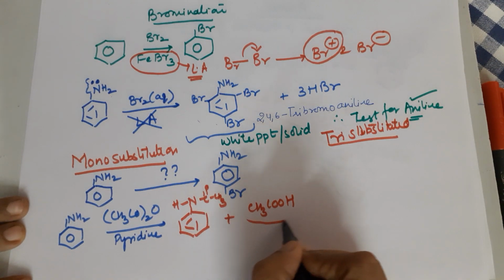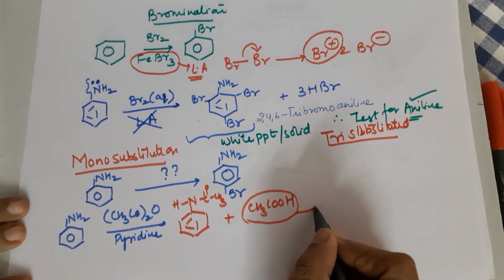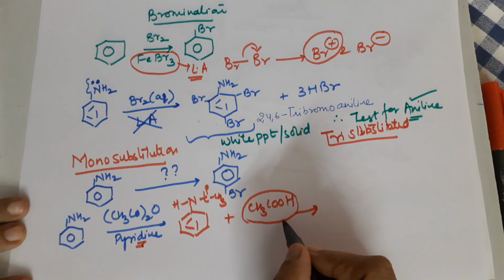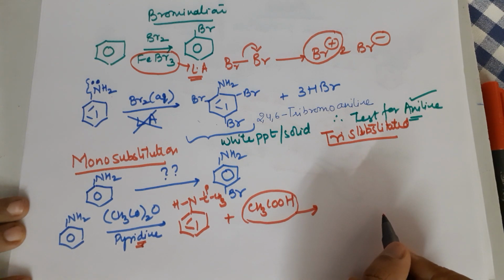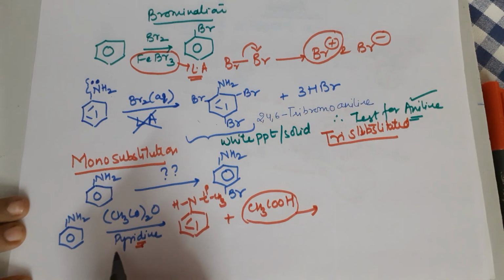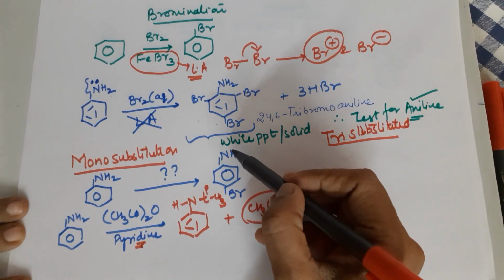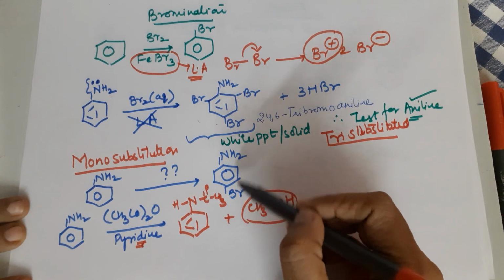Now in this reaction, the liberation of acetic acid will be faster in the presence of pyridine. Pyridine helps to react with acetic acid and moves the reaction in the forward direction. So the essentiality of pyridine is understood. Now why have we performed this when our agenda was to prepare para-nitroaniline?